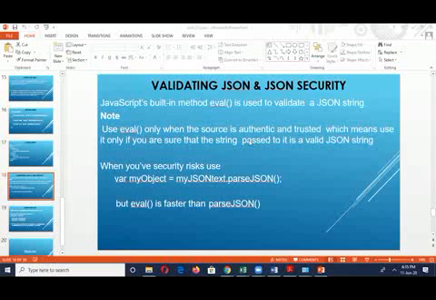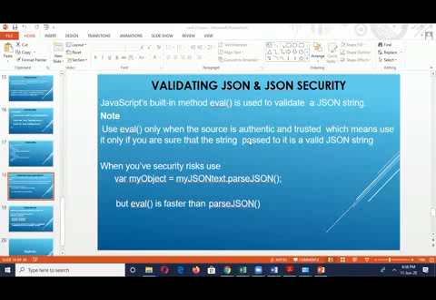Only if you log in using your username can the authenticated user use this evaluation function. The evaluation function is followed by the variable name. The variable myObject is declared, and this myJSONText or parse JSON is used. So we are calling the JavaScript object notation by using this evaluation function.